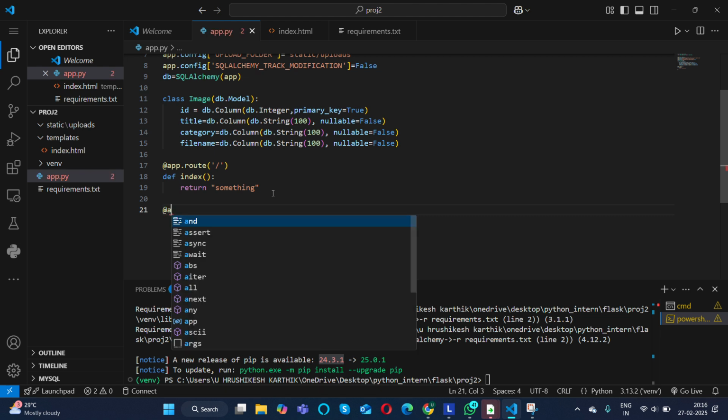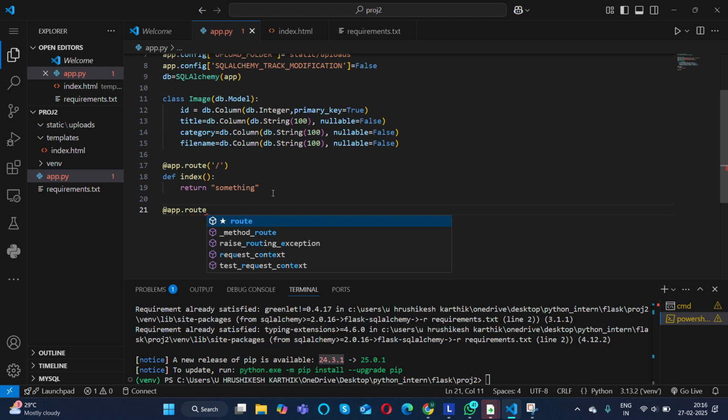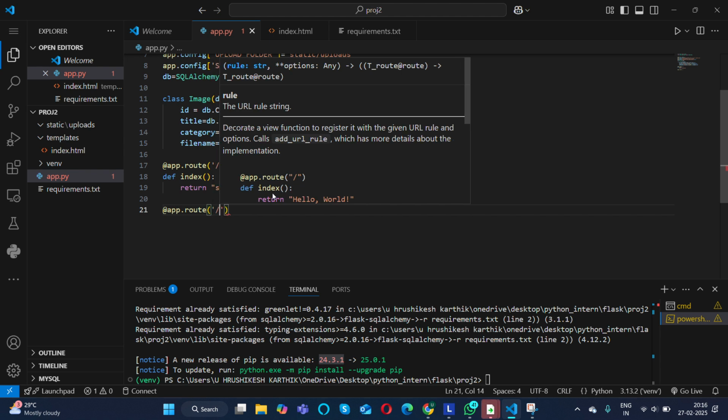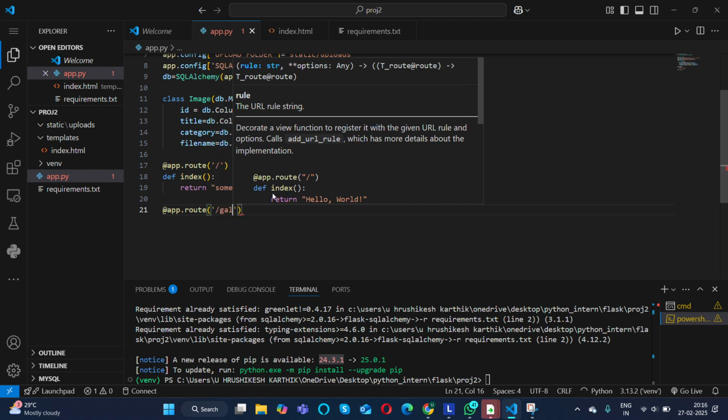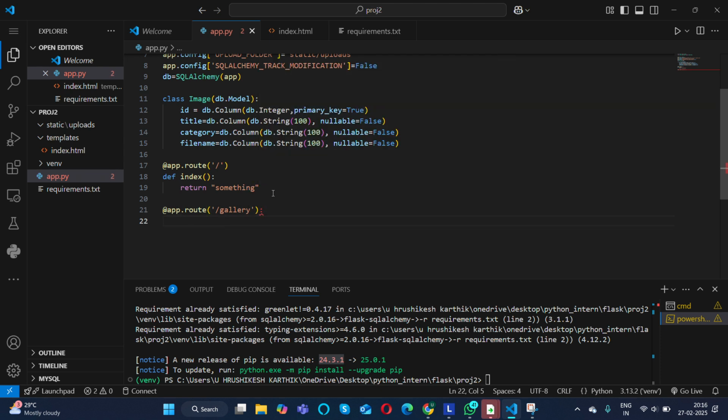So I'll create another route which should fetch the images, right? So I'll name it as gallery. Let's discuss what it does later.